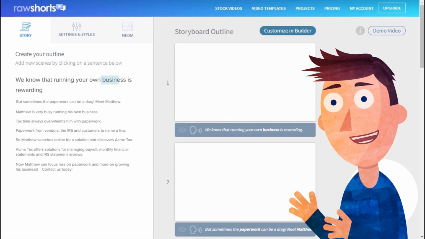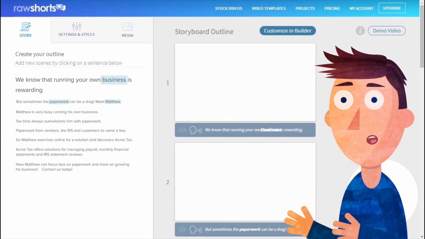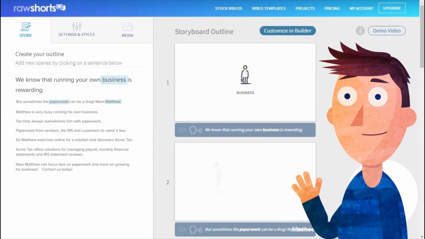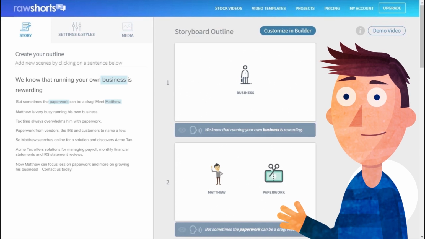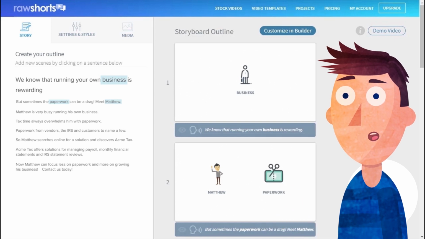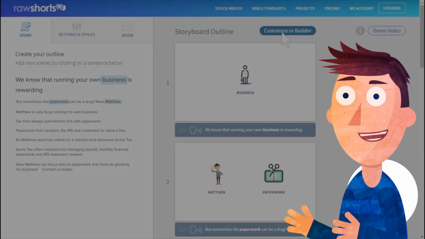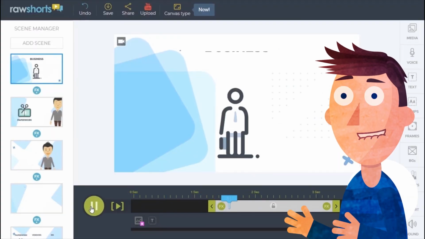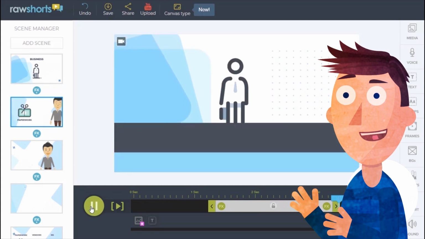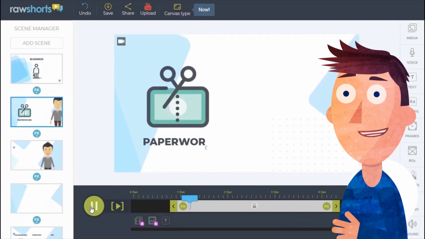Rendering and sharing the video is also easy, and the program features integration with YouTube, Facebook, and other platforms. Raw Shorts is the type of program that anyone can use. Whether you are creating business videos to show your clients, marketing videos to help demonstrate a strategy, or training videos, the software will work flawlessly.